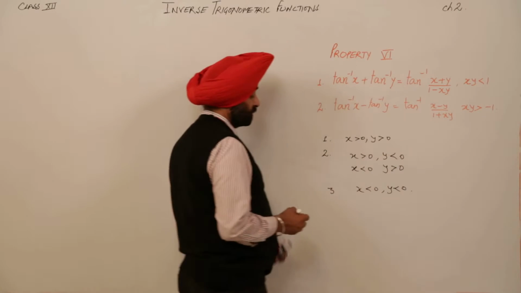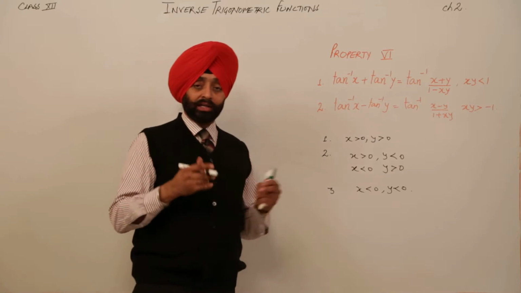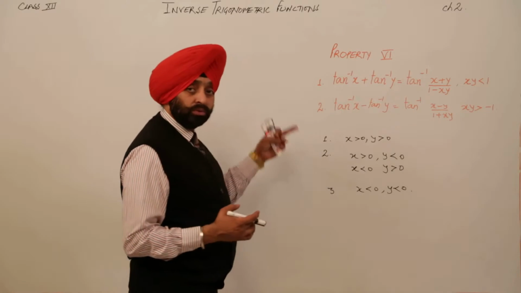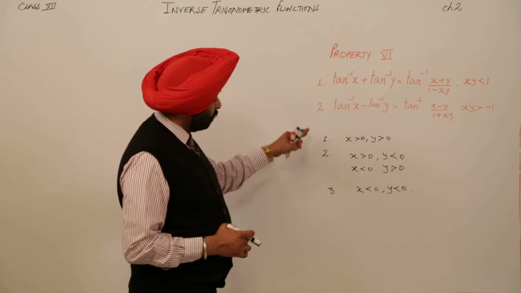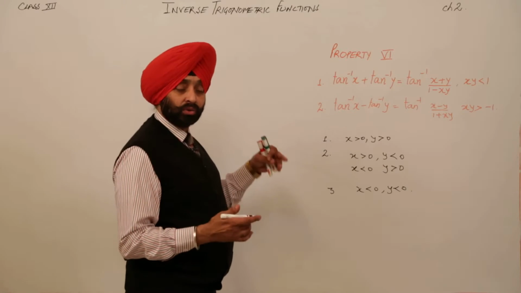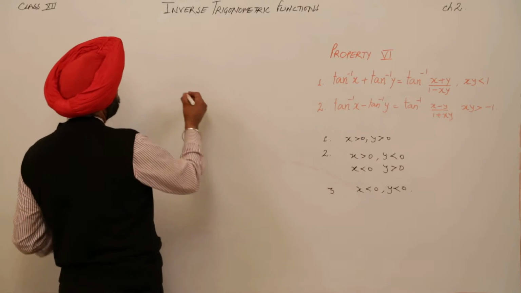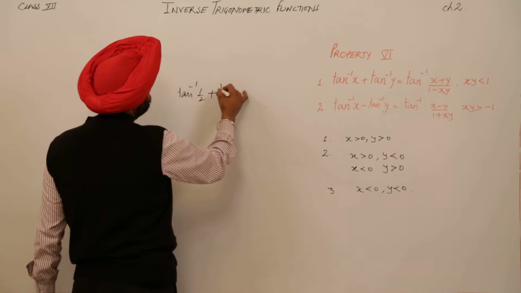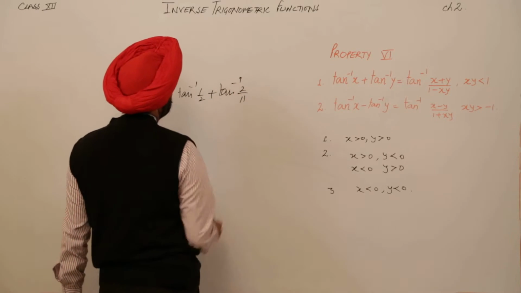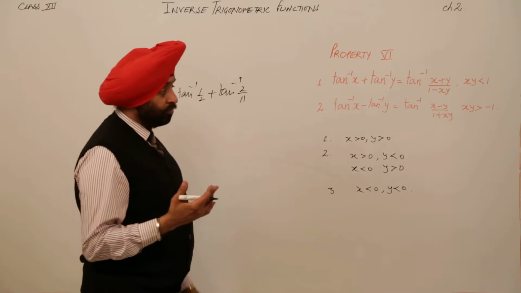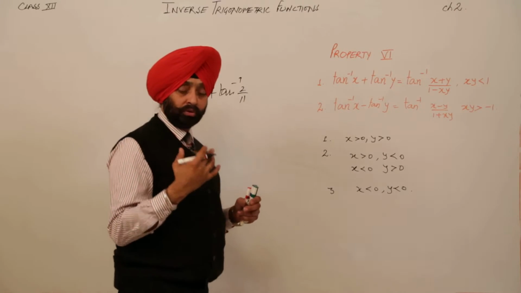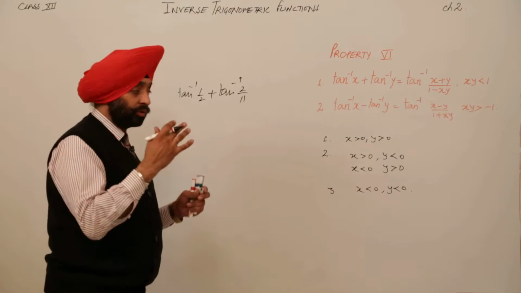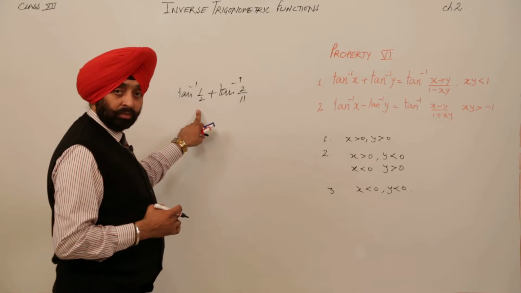So now we have to check, dear students, what the possibilities are if these conditions arise. You are asking me, sir, if these types of conditions arise, then how to solve a question. Now suppose we have, let me write a question, tan inverse 1 by 2 plus tan inverse 2 by 11. Now here 1 by 2 and 2 by 11. You can check it: dividing 1 by 2, what we get is 0.5. Similarly, when you divide 2 by 11, you get less than 0.5. So it means x is less than y.